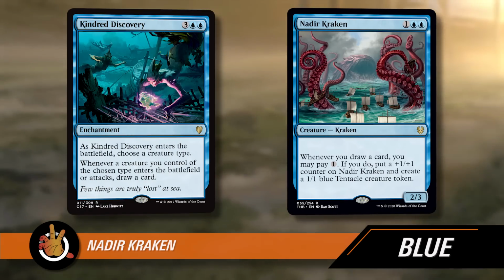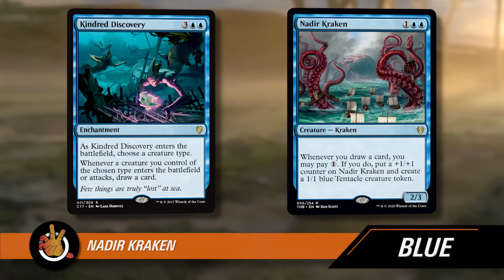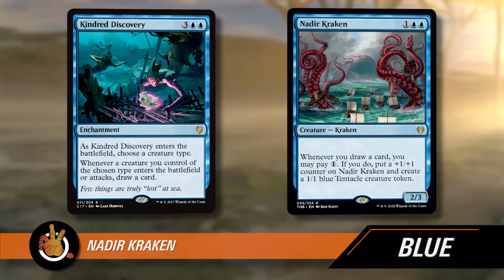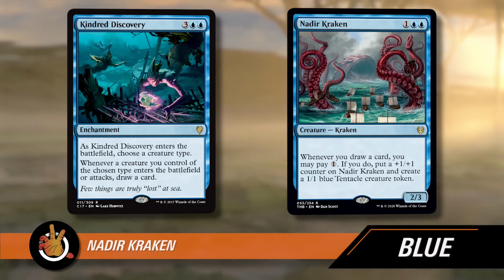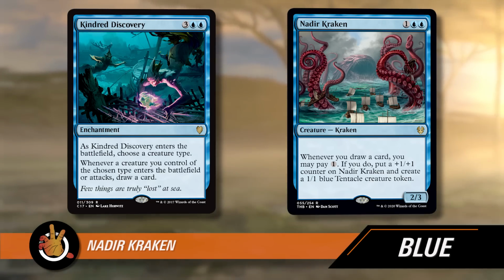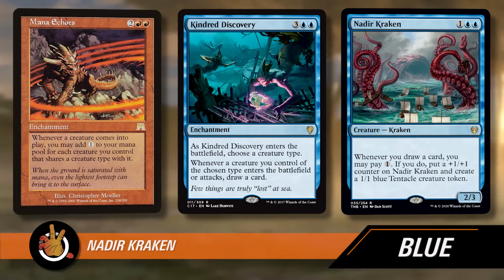Tentacle. Yeah, so the card that came to mind was Kindred Discovery, which is a very powerful card that as it enters the battlefield, you choose a creature type, for instance, Kraken, or in this case, Tentacle. And whenever a creature you control of the chosen type enters the battlefield or attacks, draw a card. So you draw a card, you pay 1, Kindred Discovery puts that new tentacle on the battlefield, and then boom, it draws you a card, draws you another card, pay 1 more, and then if you have a card like Mana Echoes out, you can just